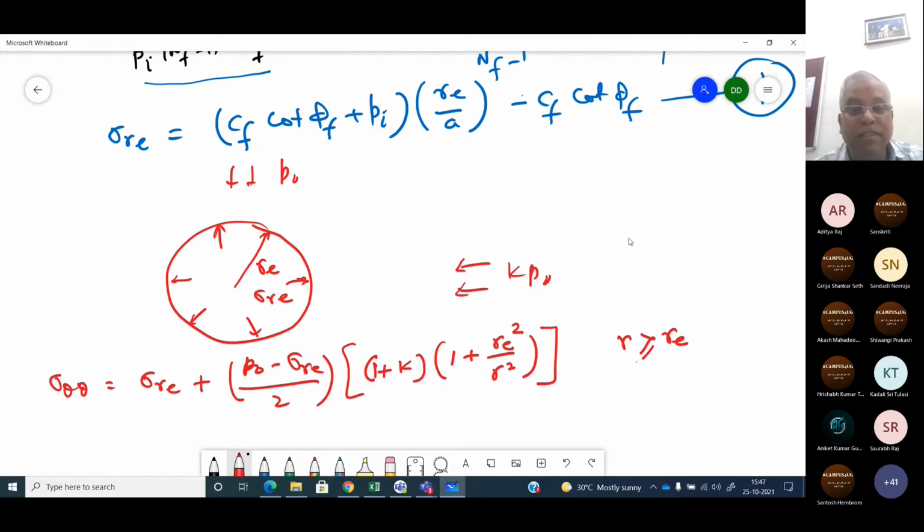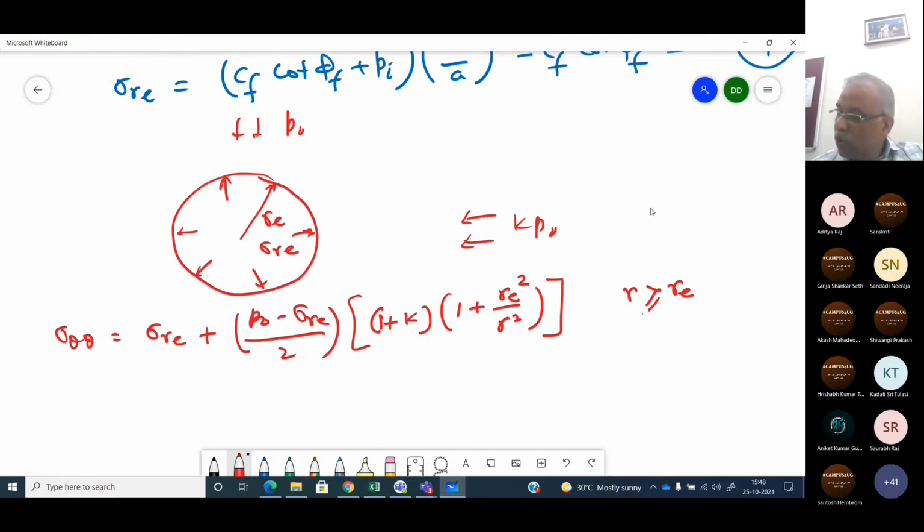Sir, there is one more term, one minus k, k something equals to 1, no? So 1 minus k. That is theta independent, so I am not writing it. K is 1 here.